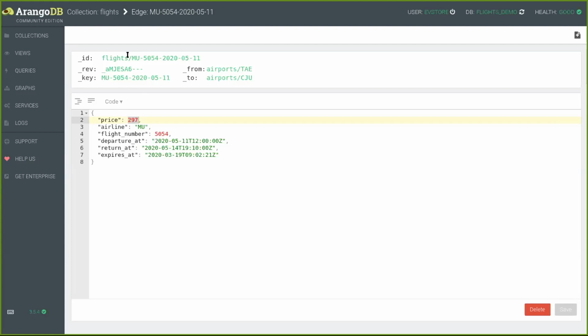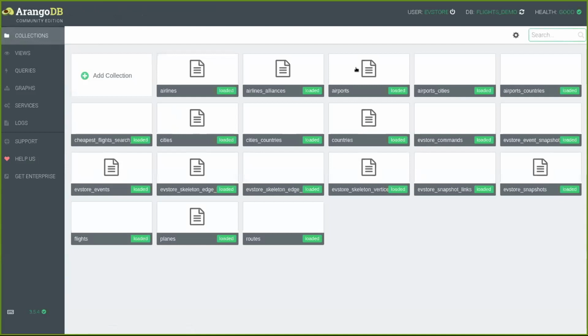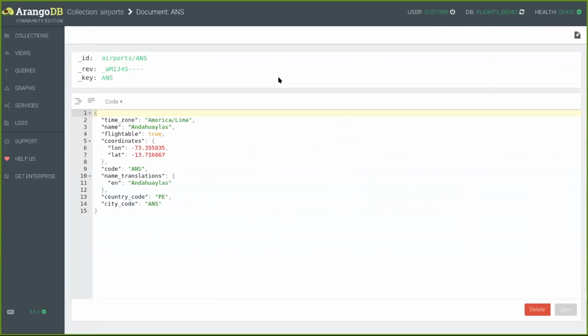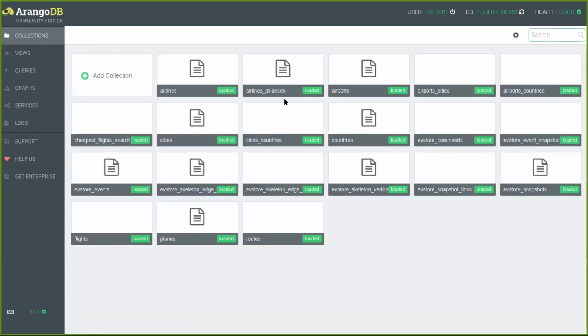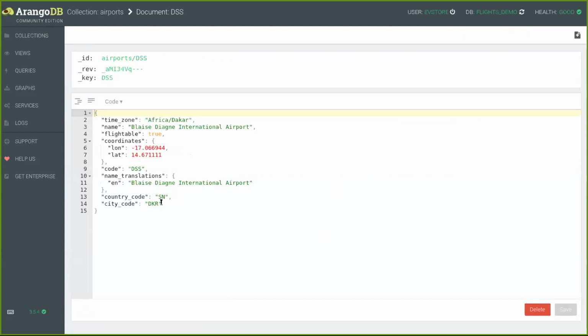These flights are represented as edges in the database, so it is the change in the contents of these edges that I will primarily track in my demo. Other than this, it has a few vertex collections, one representing airports. Airports have a few basic fields, and you can pick any random vertex and you will see that there is no additional metadata that RecallGraph uses for bookkeeping.